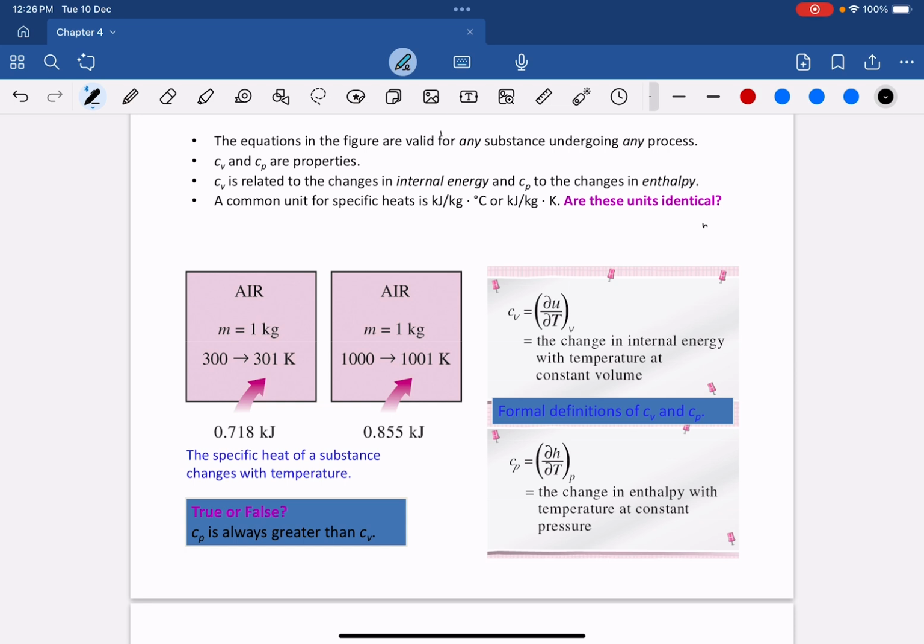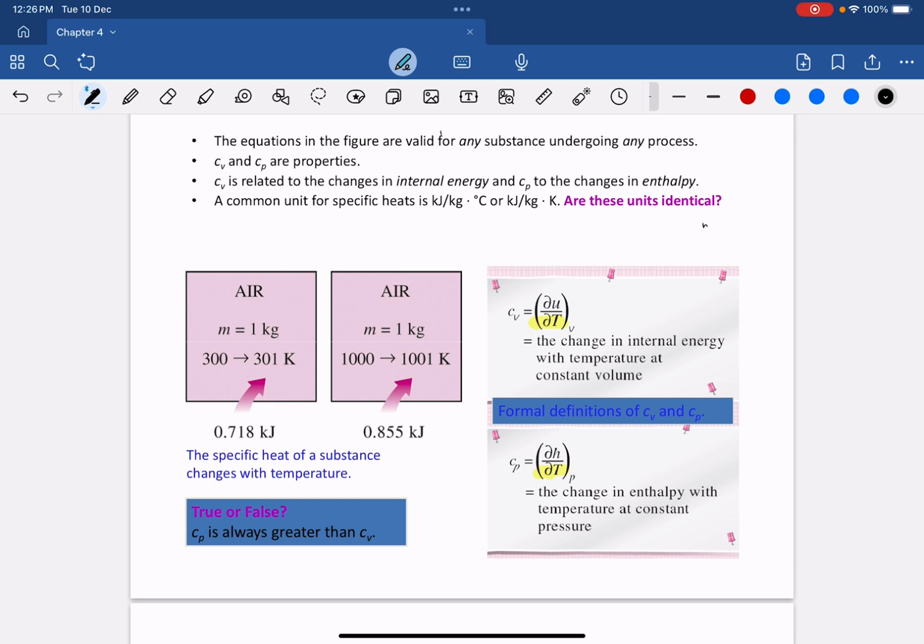Cv is for constant volume process, Cp is for constant pressure process. And if you can see here, there are temperature factors there, meaning the value of Cv or Cp changes with temperature